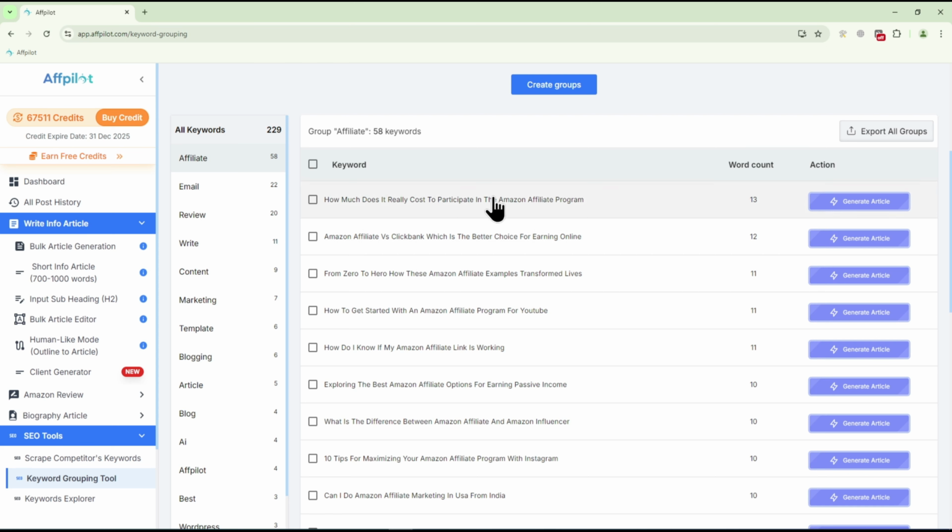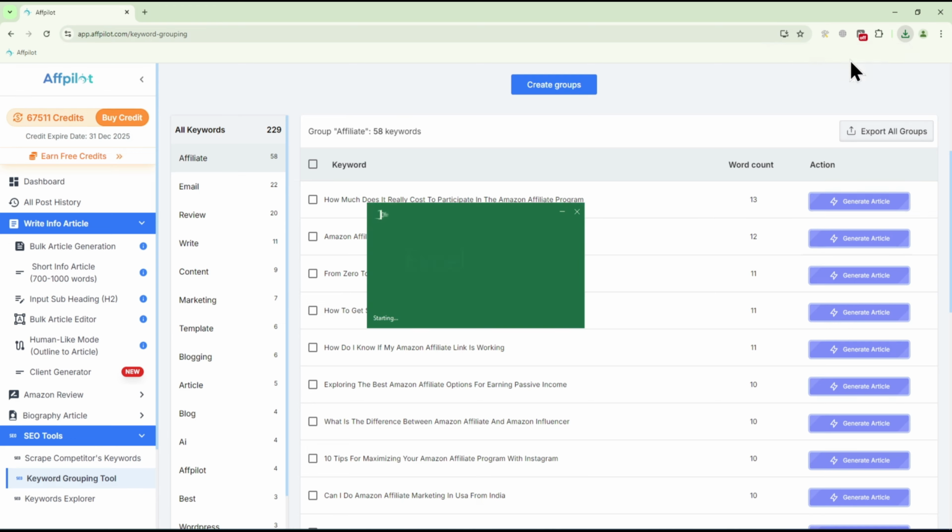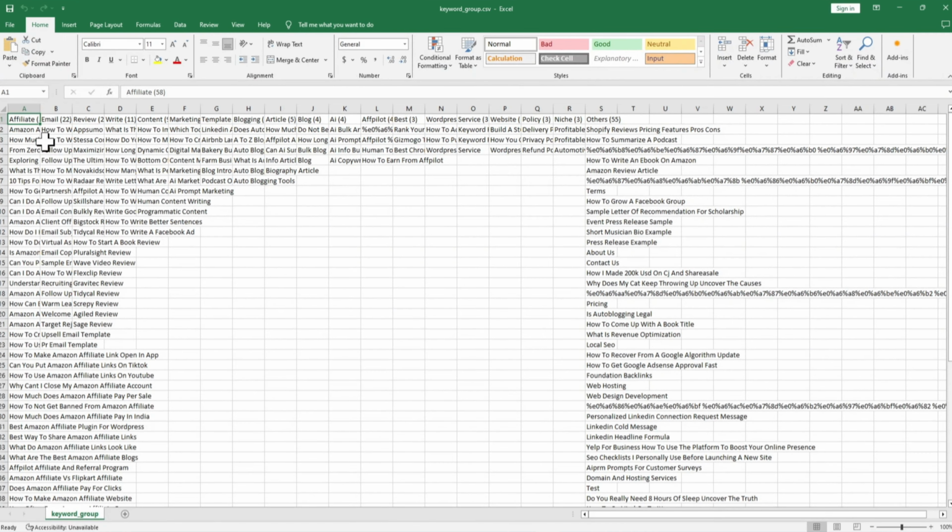Once you are satisfied with the grouping, you can export the data. Just click the Export All button, and that's it. You now know how to use Affpilot's keyword grouping tool to streamline your keyword management and enhance your digital marketing